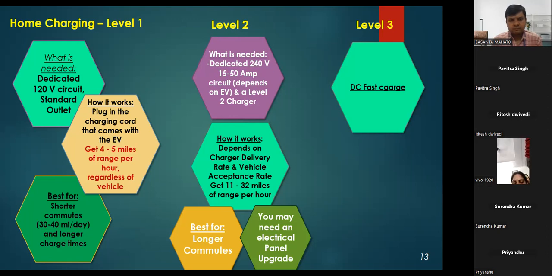How it works: plug in the charging cord that comes with the electric vehicle. You get 4 to 5 miles of range per hour, regardless of the vehicle. It is best for short commutes of 30 to 40 miles per day, with longer charging time. So normally we use 30 to 40 miles per day as normal use. And what is needed is a dedicated 240 volt, 15 to